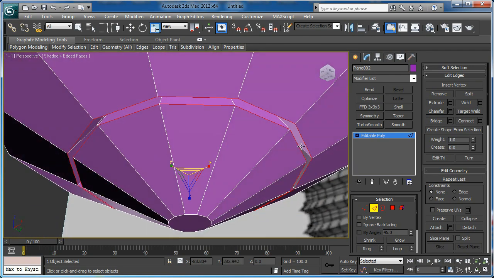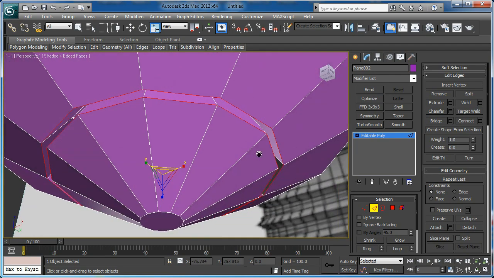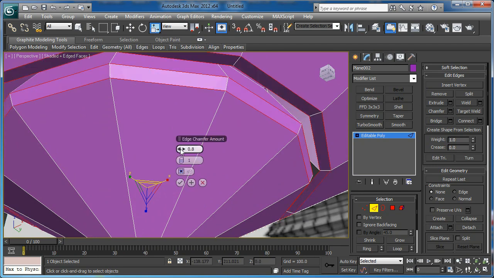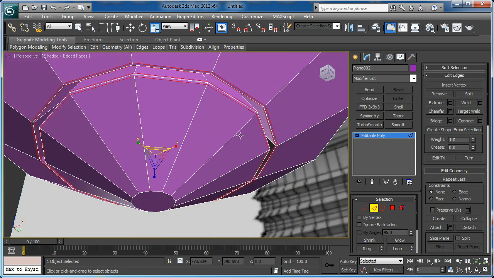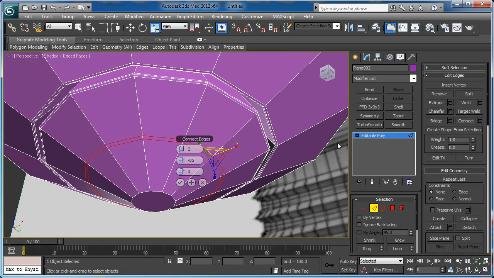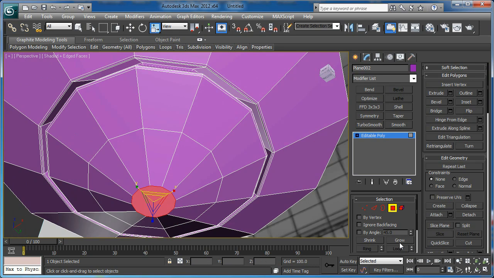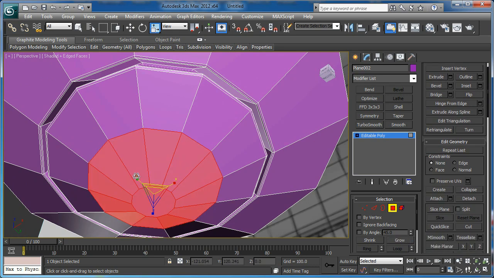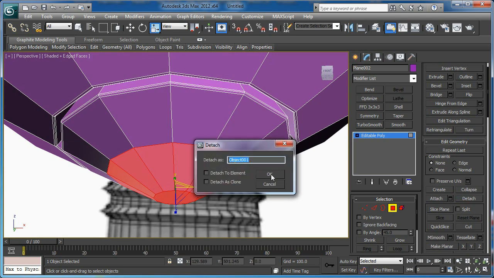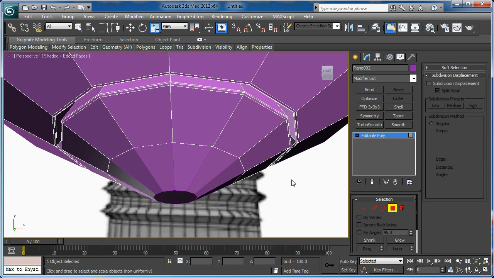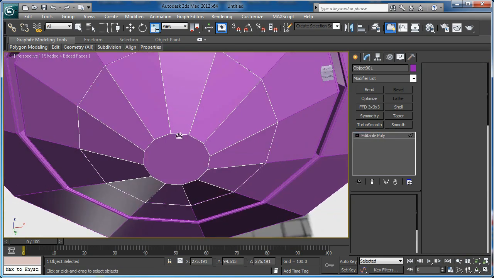After that, apply chamfer to the selected loops with smaller amounts, maybe 0.3 is good, and change the edge segments to 2. After that, connect new loop, right here is good, and to the selected polygons detach them as a separate object, and to this object select